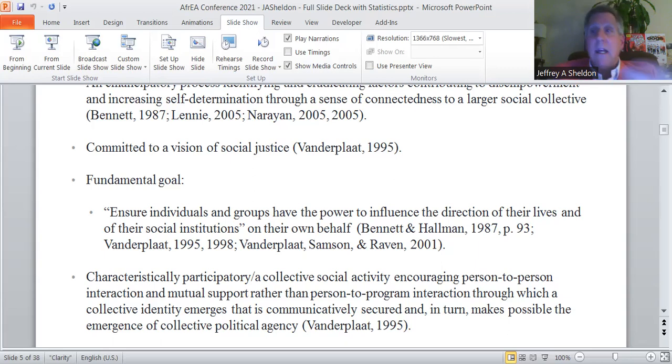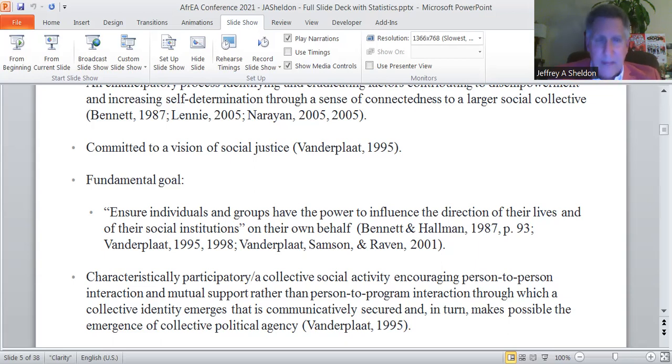Okay, it's interaction. It's when people are talking to each other and engaging with one another. That's where the social intervention actually takes place. And it's through a collective identity that emerges